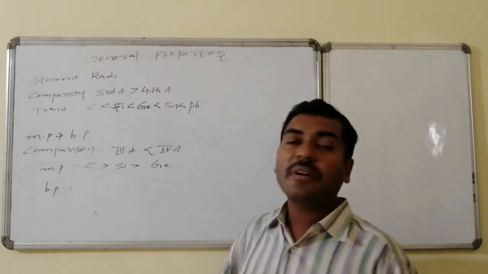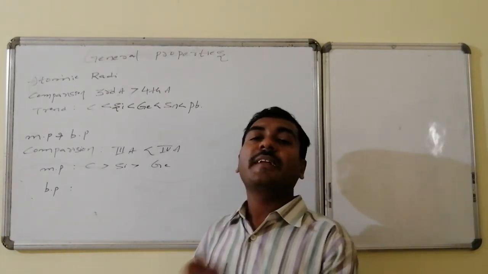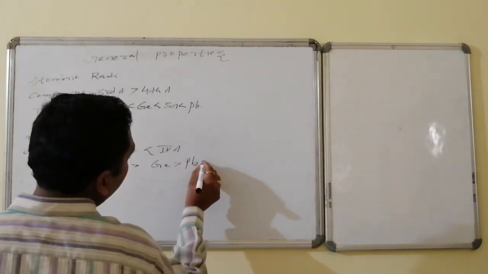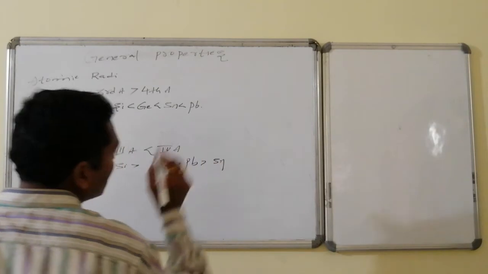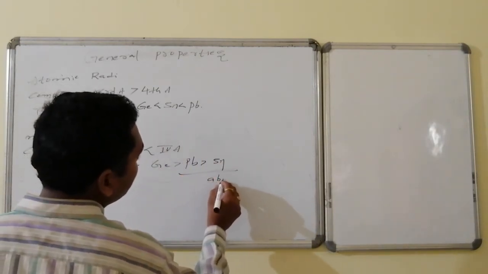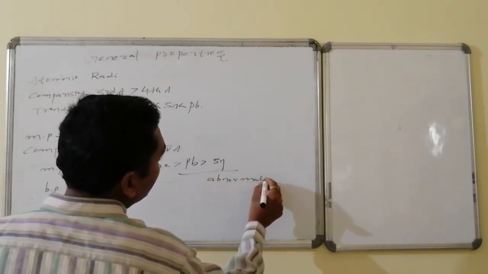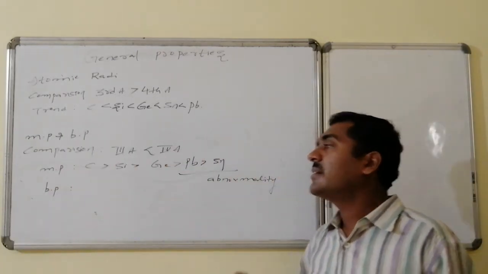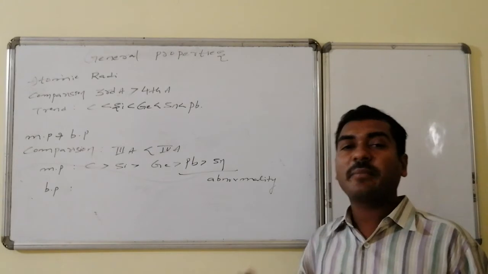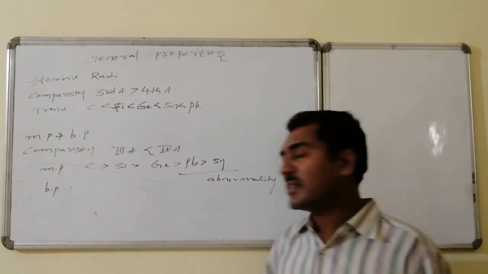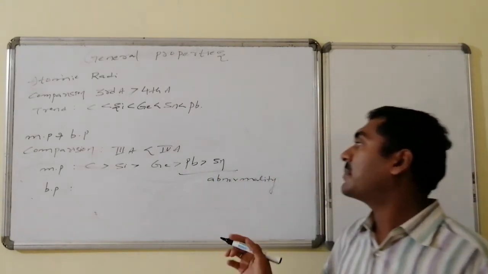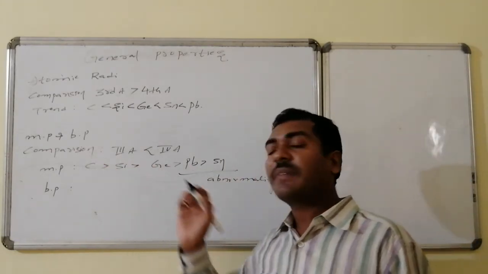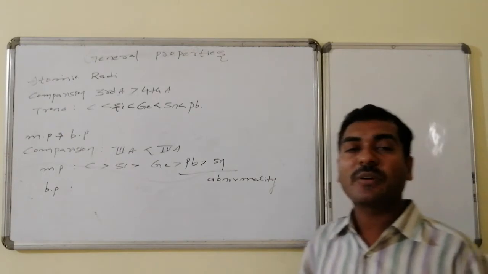Whereas there is an abnormality in case of tin and lead. Here the lead maintains higher melting point compared to the tin. Such kind of abnormality is present. This is the abnormality over here in case of melting point decreases. Melting point depends on the intermolecular force of attraction. So carbon, silicon, germanium, followed by what? Lead, followed by tin, order will come. Carbon is having higher melting point and tin is having lower melting point.